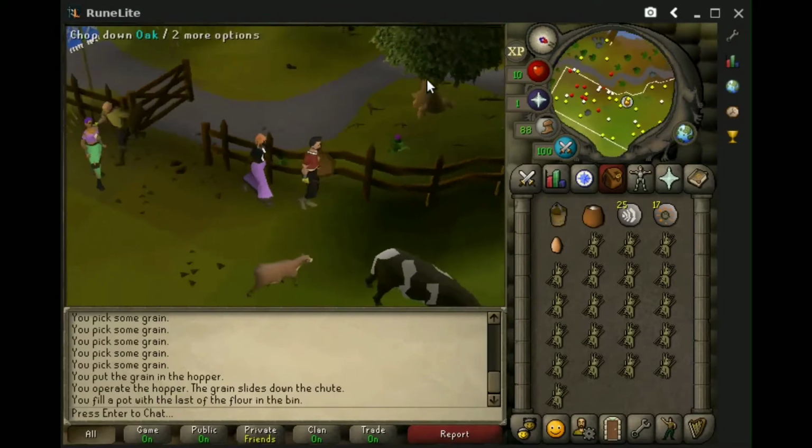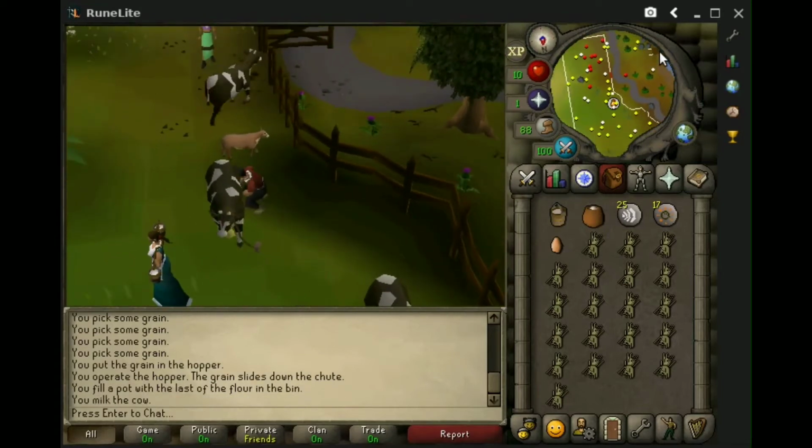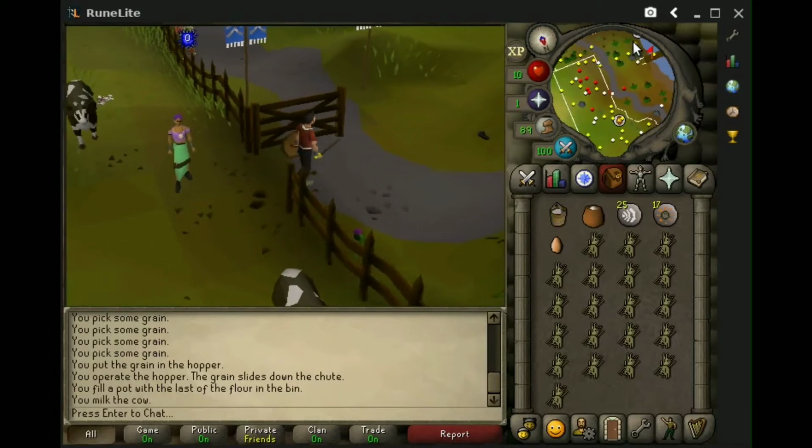But all we got to do is we just got to go over to Al Kharid. This is going to be east of where Lumbridge is, and there's going to be a cow area, not in Al Kharid, but right next to it, so...